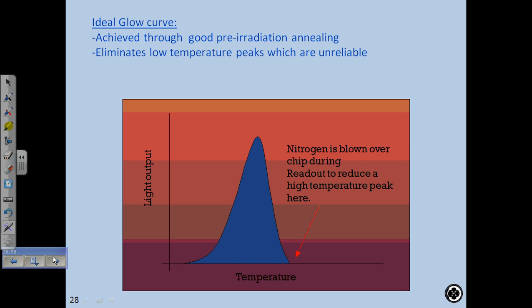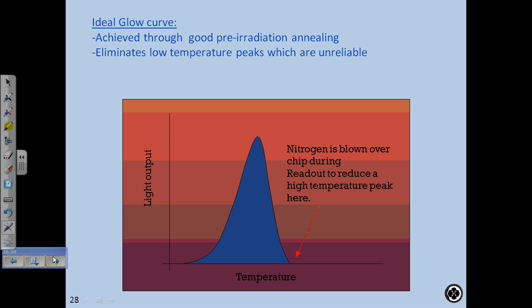And the TLD reader, by the way, is hooked up to a computer. When you hit read, the computer plots the glow curve of your chip. Okay. So now you've got this glow curve. Now, that glow curve I showed you is not an ideal glow curve. I just showed you that so you could see the different peaks. But ideally,